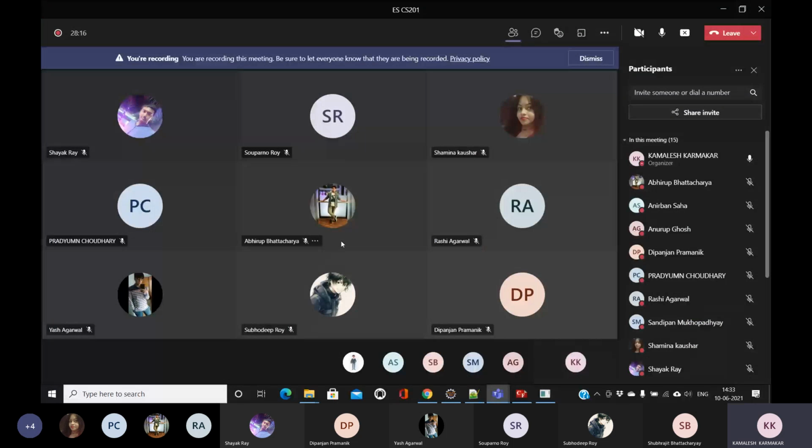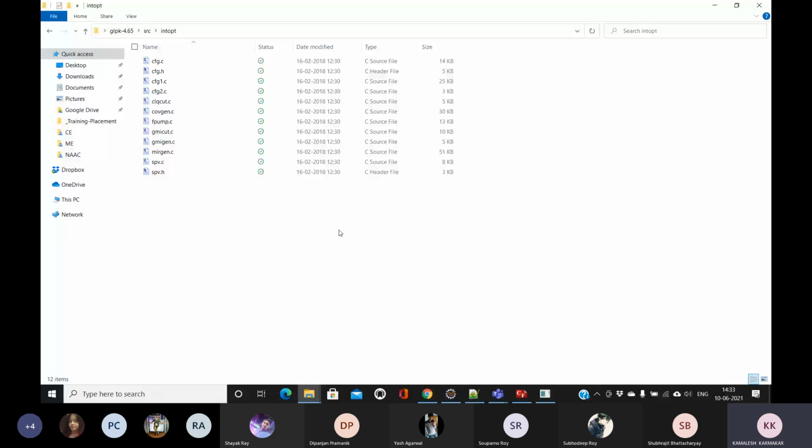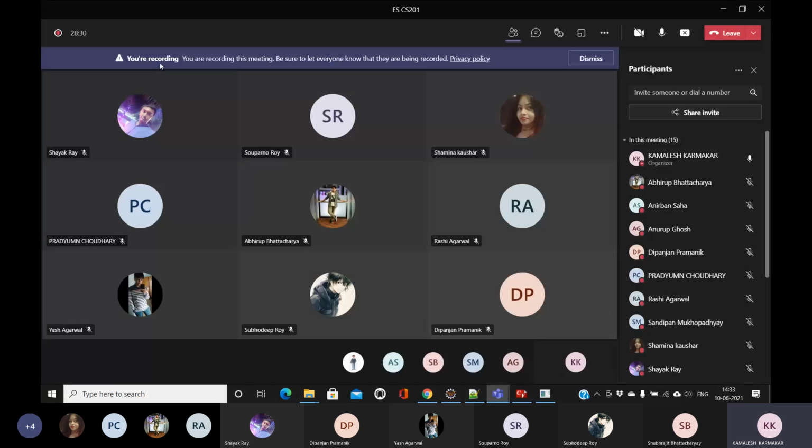Say Obhirup has written the file cfg.c. In that C file, he has used one global variable x. Now say Dipanjan has written another C file in which he has used a global variable x.